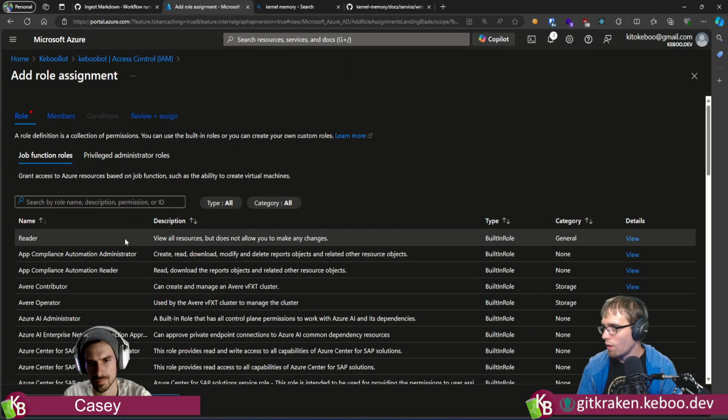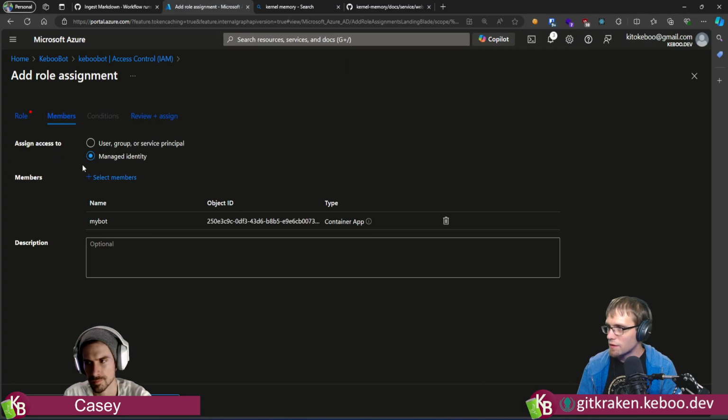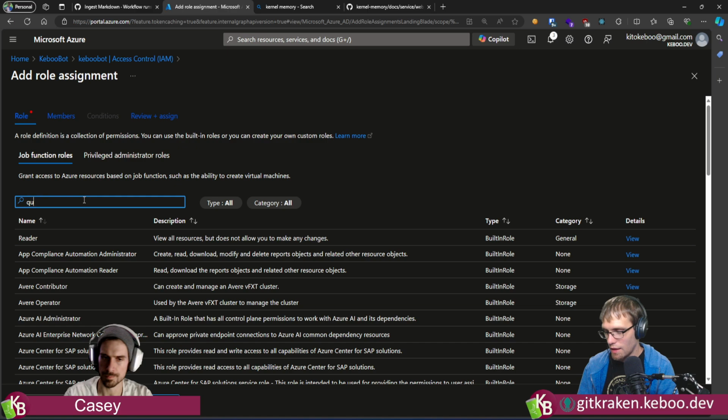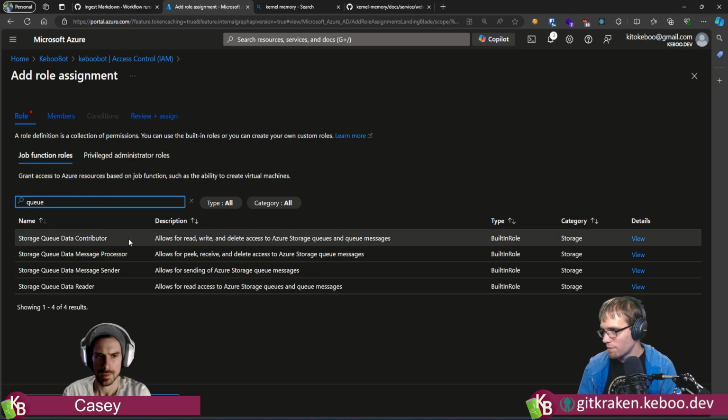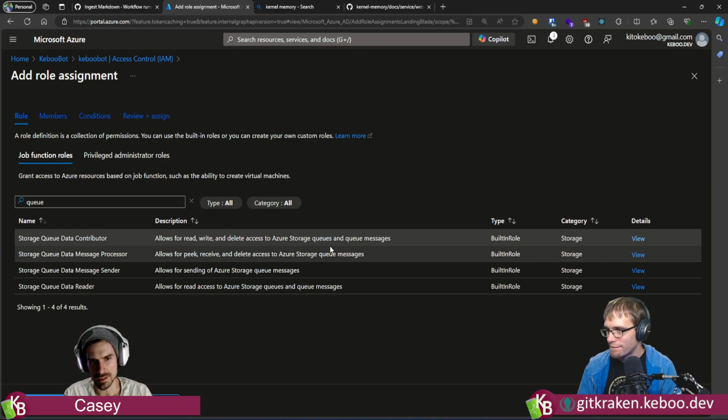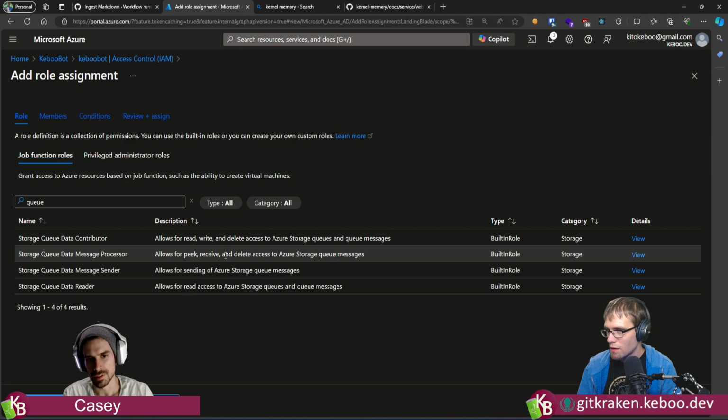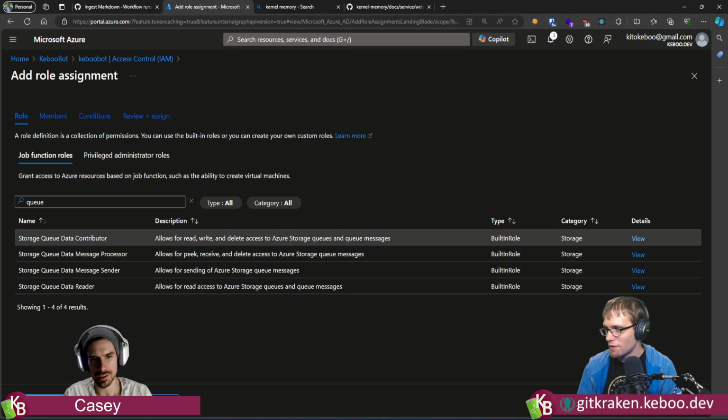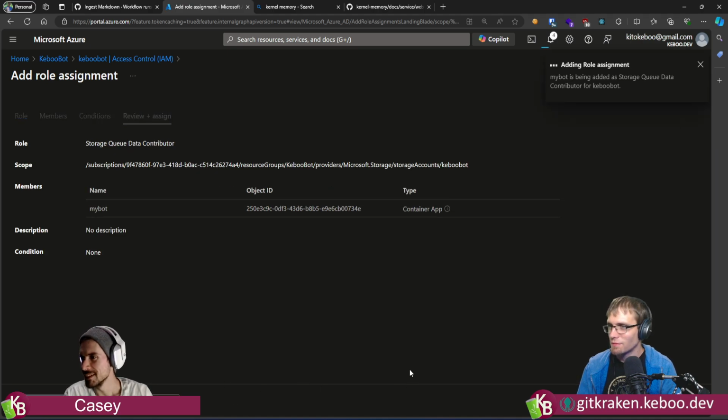So for reference, the member on this role assignment is going to be just the system assigned managed identity. And then I assume this is going to be Queue Contributor. I assume so. You could probably get away with just processor and sender, but Queue Contributor should be fine. Easy mode, right?